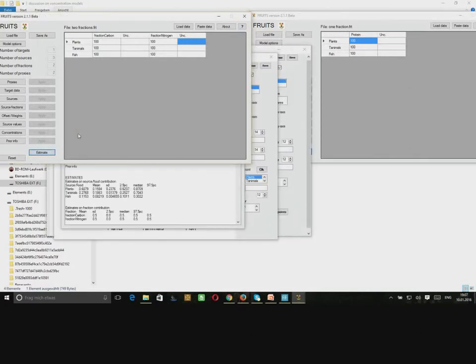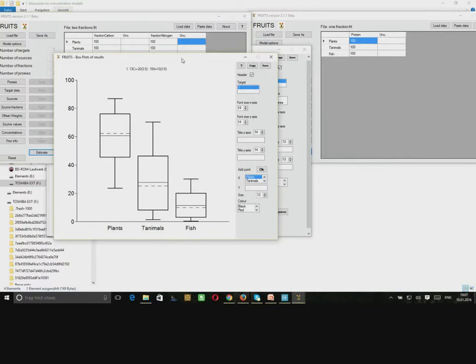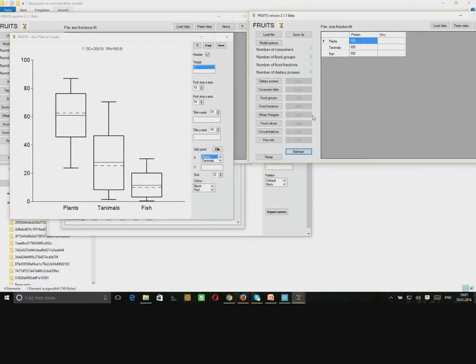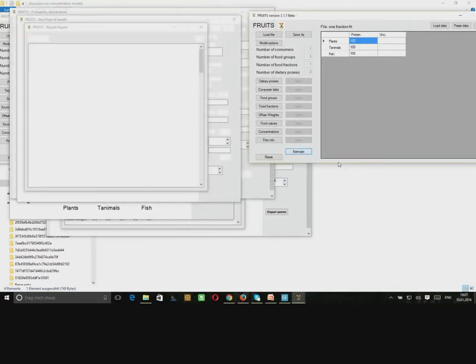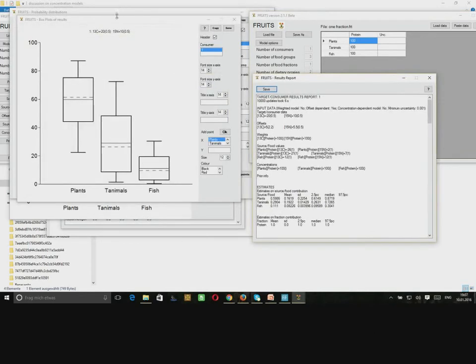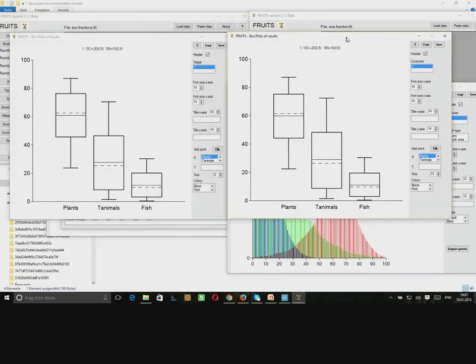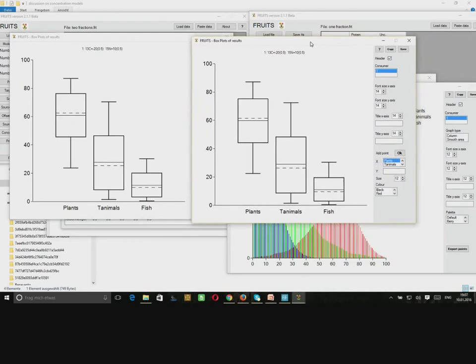So we have here the two fractions, and now I'm going to generate the estimates for the model with just one fraction, and we just need to wait 1 second, and then we can compare the box plots, and here they are,